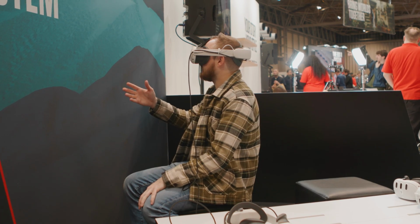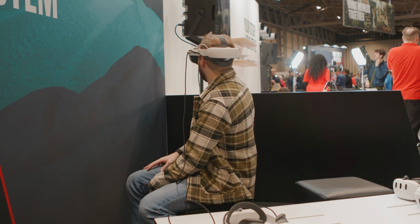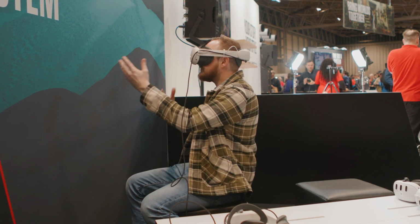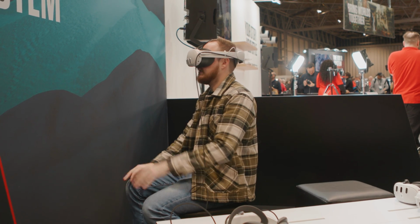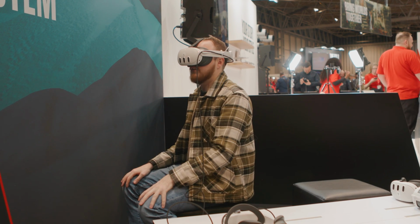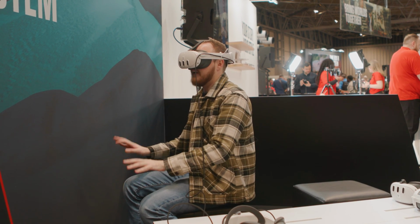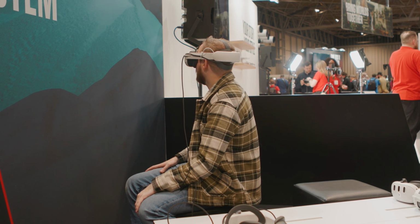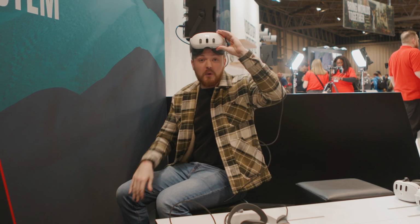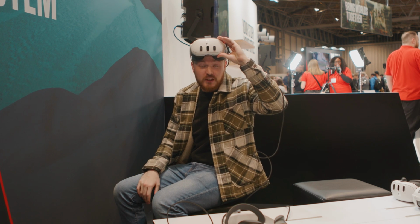But you've got someone standing in front of me in a beautiful forest, and you can view all the way around. You've got the edges of the pictures here, but you've got visual depth. You can actually see foreground and background, and it looks like you can almost touch it, but you obviously can't. So if you're interested in VR and wanting to know the experience of VR, then you want to come down to the photography show and actually visually try it out,